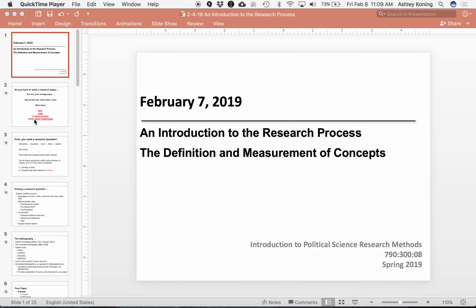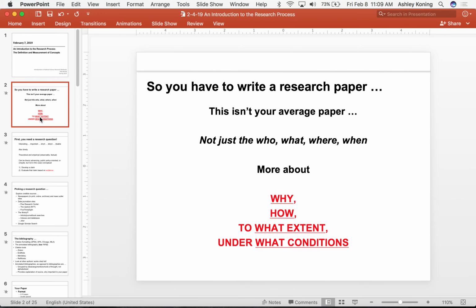Like the Baglioni readings say, which are really helpful in learning how to structure the research paper, this isn't a typical research paper where you're reiterating facts or saying if you agree or disagree with something and talking about who, what, where, and when. This is more about the why and the how of a testable problem. Just like we learned about with Popper, we're actually going to be testing hypotheses, which we'll learn how to do in the upcoming classes that we have.